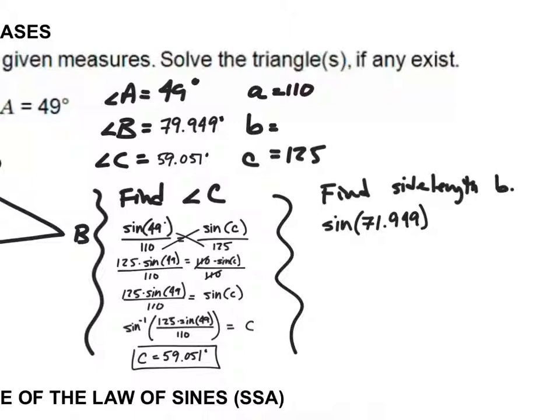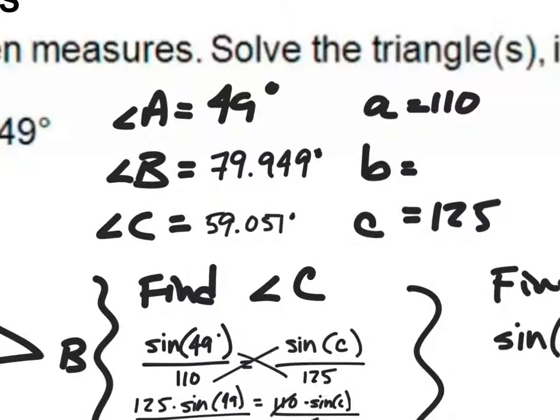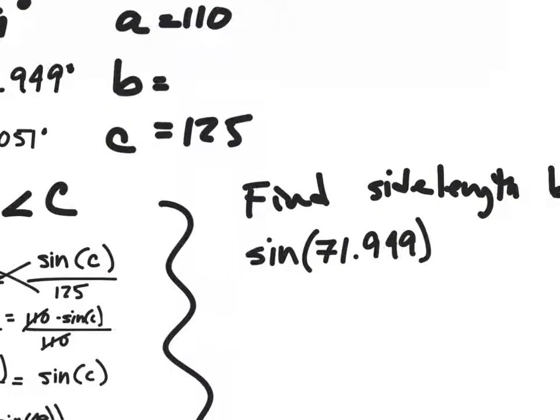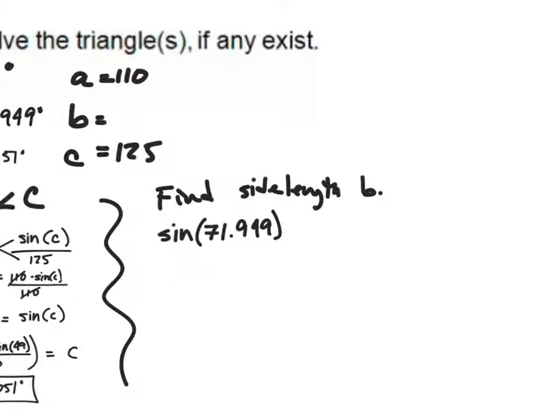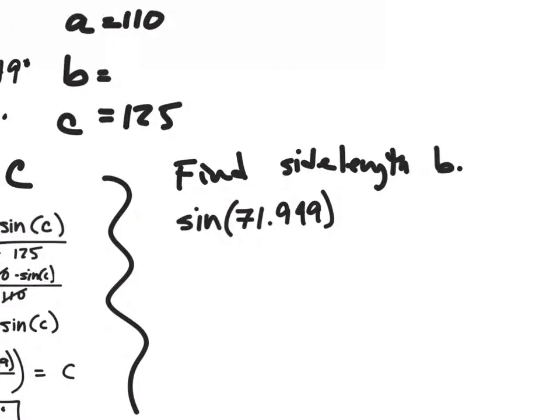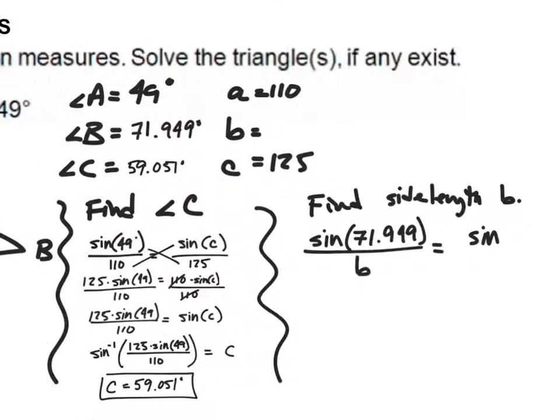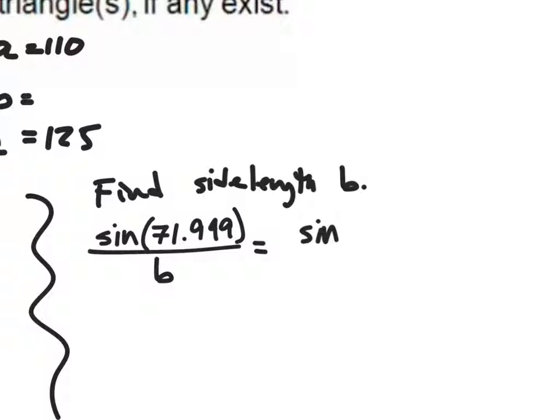I did. 71. That's what my calculator says. All right, so 71.949. Okay. And then let's divide that by B. And that's what we're looking for. And that's going to equal, and we'll still use A. We'll still use what we were originally given. So sine of 49